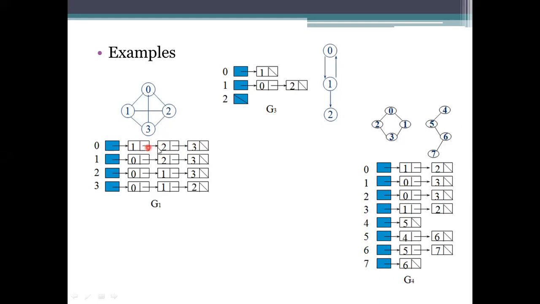In ascending order it has been arranged: 1, 1, 2, 2. If there is another link or edge, we specify a pointer to the next link, that is the next vertex, and then the next vertex. If it ends, if there is no value for that one, it is specified as a null. If it has a self loop, we indicate that value in front of the 0. And if 1 has a self loop, after 0 we write the 1 here.